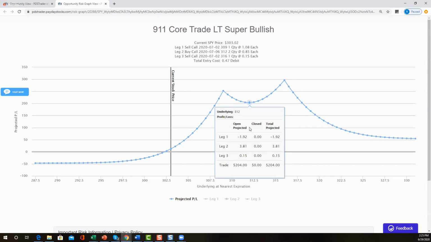I'm going to assume that if I hold on to this until the absolute last minute, which is another way to address the dead zone, is not to hold on to it until the absolute last minute. But if I hold on to it until the absolute last minute, then I have a dead zone here that is probably going to go to about $100, maybe even a little bit more.